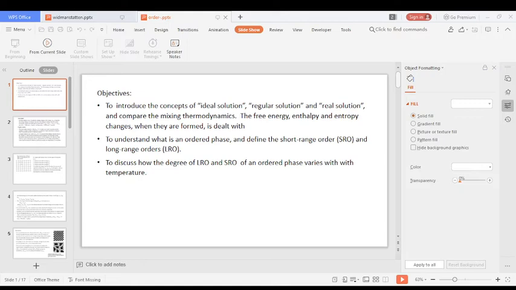So again, for clarity, consider AuCu alloys as a specific example. Cu and Au are both FCC and totally miscible. They mix in all proportions. They have the same valency, and they belong to the same group in the periodic table. At high temperature, their melting points are also similar. So at a higher temperature, Cu and Au atoms can occupy any site, and the lattice can be considered as FCC with a random atom at each lattice point. This is what is shown in A.